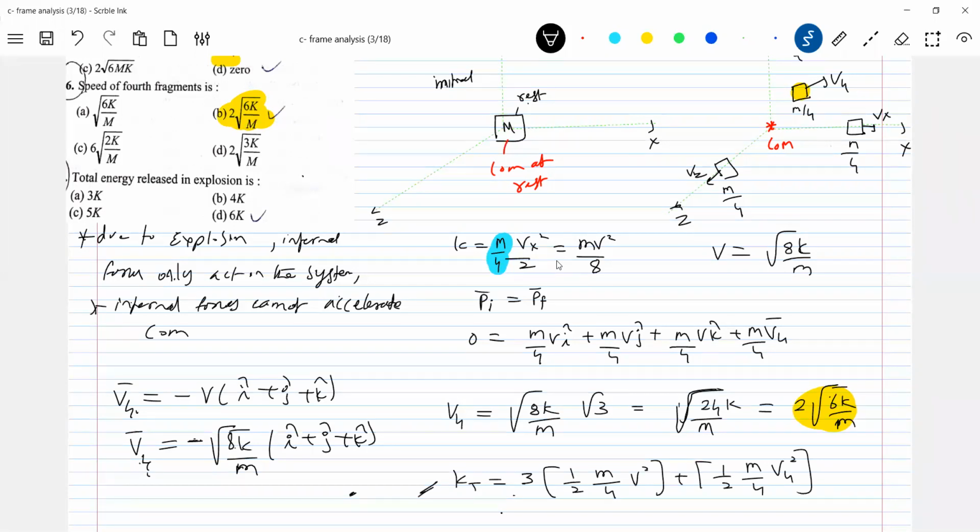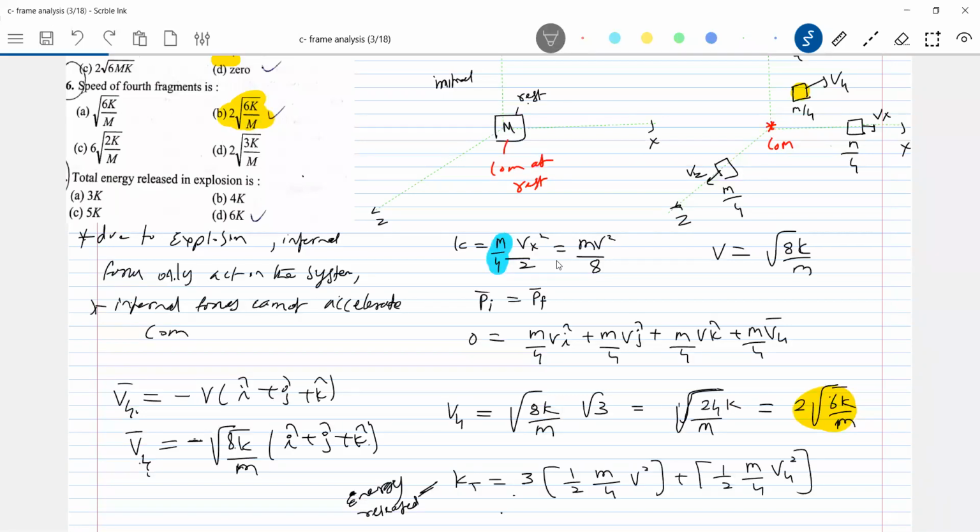From where this energy has come? The chemical reaction. Suddenly chemical reaction occurs, and due to chemical reaction energy is released, that energy will be converted into the kinetic energy of fragments. What is the phenomenon of the crackers or the bomb? A sudden explosion. What does it mean? A sudden chemical reaction occurs. Huge amount of reaction takes place, so huge amount of energy is released suddenly. So the chemical energy itself will convert into kinetic energy of fragments. This is the basic idea of explosion.